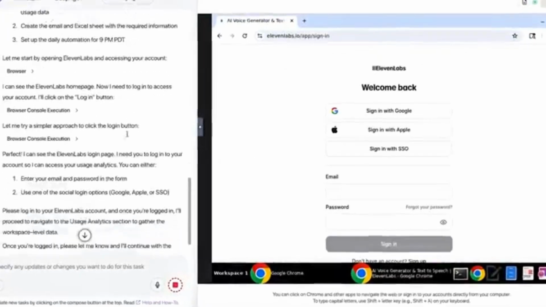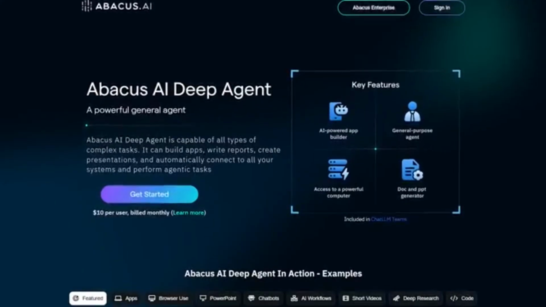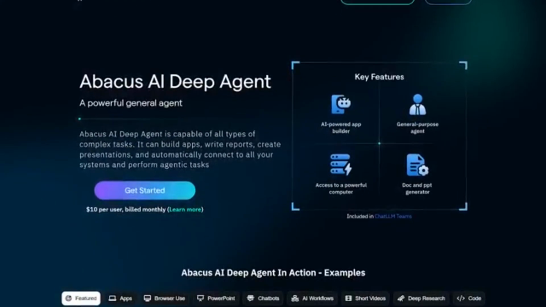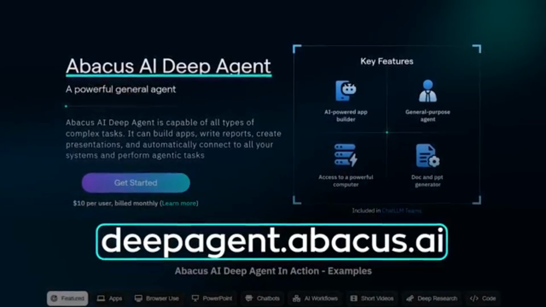It bridges the gap between reasoning and real-world action, something that's been missing in the current generation of AI agents. So, if you've been waiting for an AI that actually performs, this is it. You can check it out at Deep Agent Abacus AI and start building your own